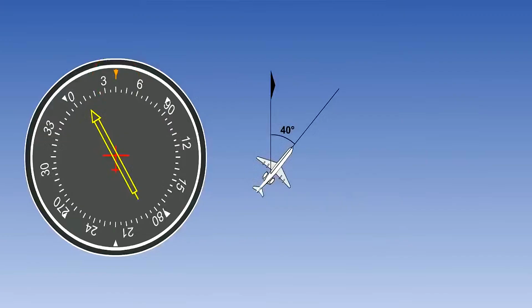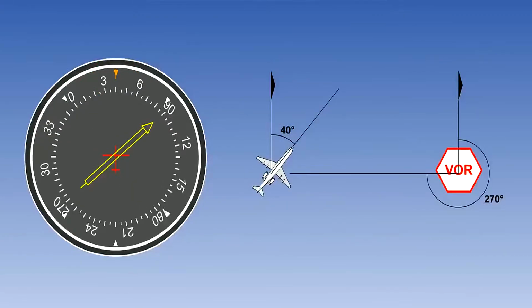Suppose an aircraft heading is 040 degrees magnetic, and the measured VOR phase difference is 270 degrees, which means that the aircraft is on the 270-degree radial. The equipment computes that the QDM is 090 degrees. It subtracts the aircraft heading of 040 degrees, giving a relative bearing of 050 degrees, which positions the RMI needle 050 degrees clockwise from the heading index.